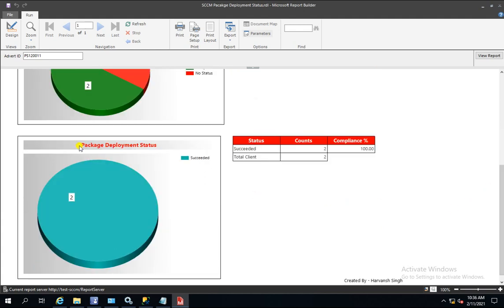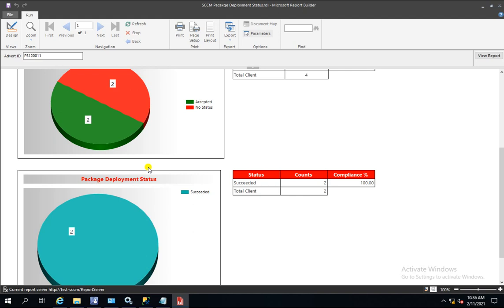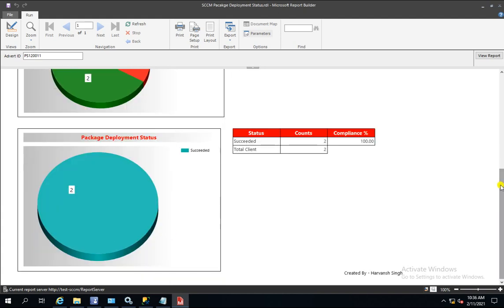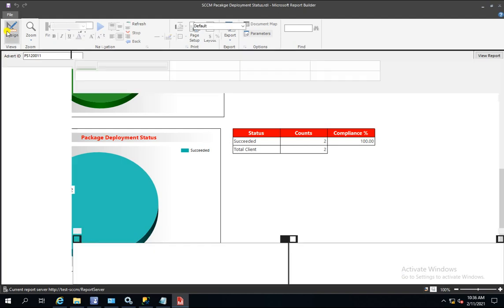Okay, so here is again a chart. I have not put the chart colors in, because this is a dynamic value. In the above chart you will get only two values, that is accepted or no status. But here I have not put green for success. Why? Because the values will come randomly, like success, failed, disk space issue, or any other. So many statuses will come, and it's not easy to keep all the conditions and all the color codings here. Okay, so this is not coming correct.